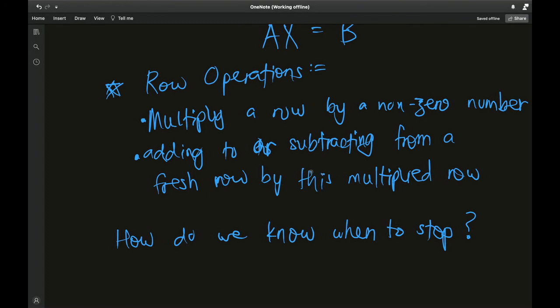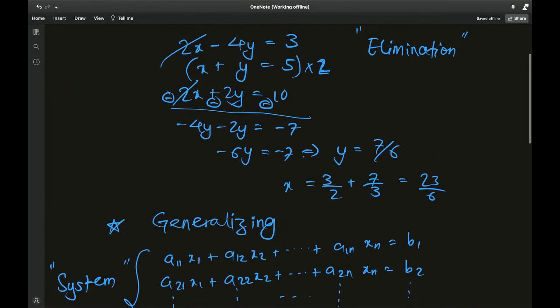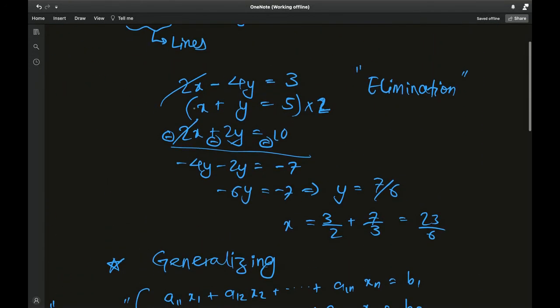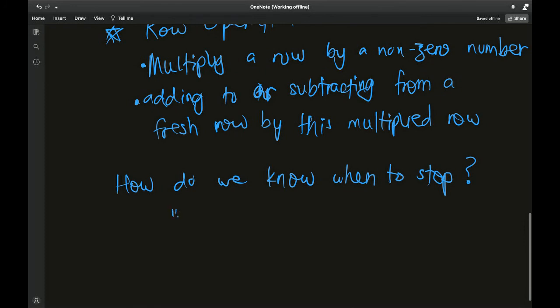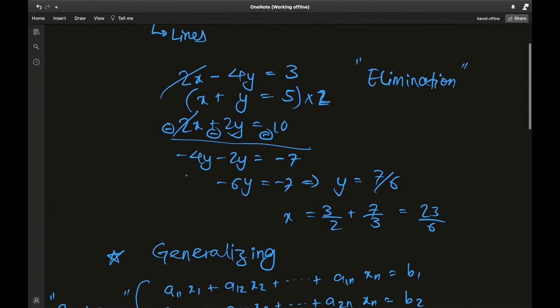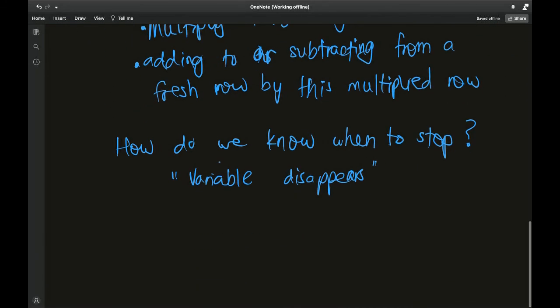Here it was pretty evident that one variable disappeared, because of this multiplication and subtraction, because we matched the coefficient and then an entire variable disappeared. But we need a more solid way of knowing when to stop, and that's when